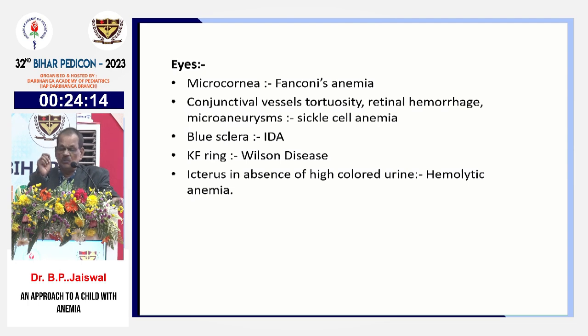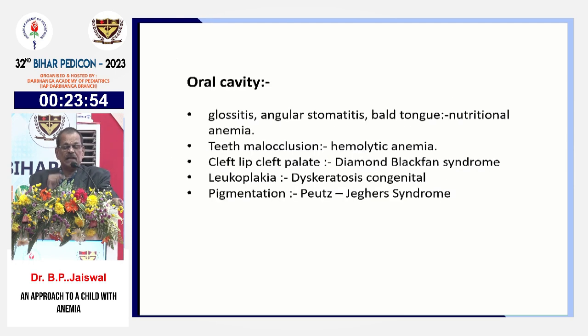You will get blue sclera in it. Kayser-Fleischer ring surfacing, I need not tell you, Wilson's disease. Icterus in the absence of high colored urine, this is important. If there is no high colored urine and there is icterus, then think that it could be hemolytic anemia. Now, in the oral cavity: glossitis, angular stomatitis, bald tongue suggest nutritional anemia; teeth malocclusion suggests hemolytic anemia; cleft lip palate,